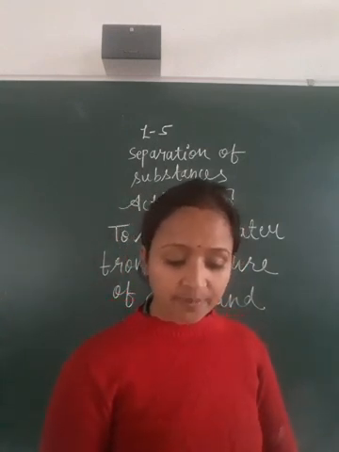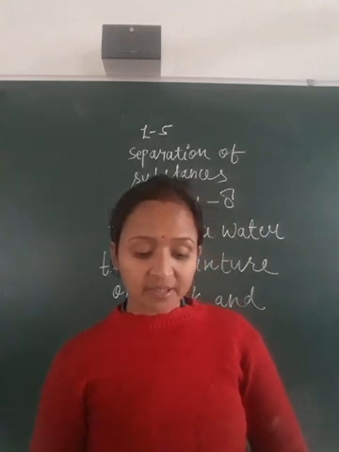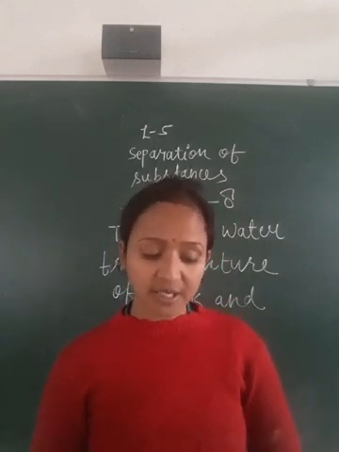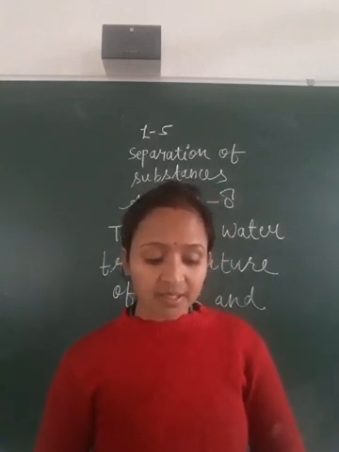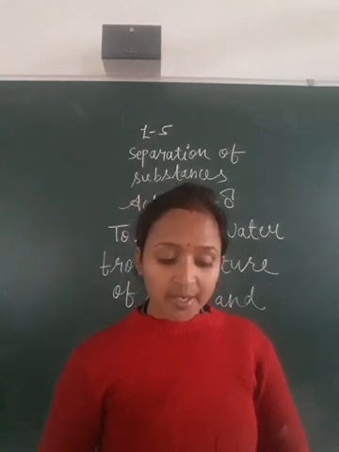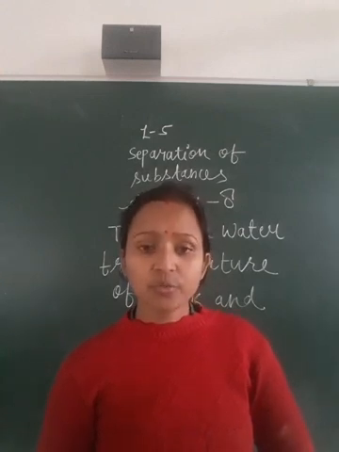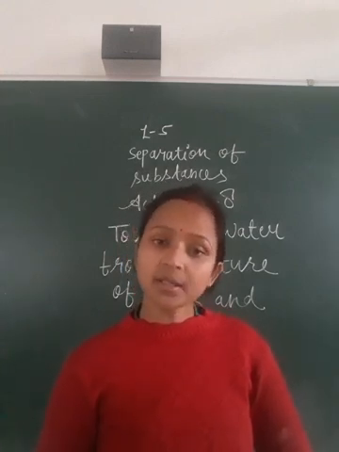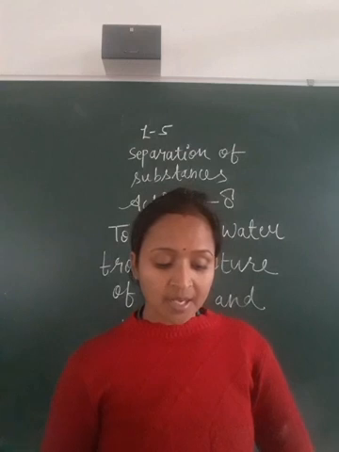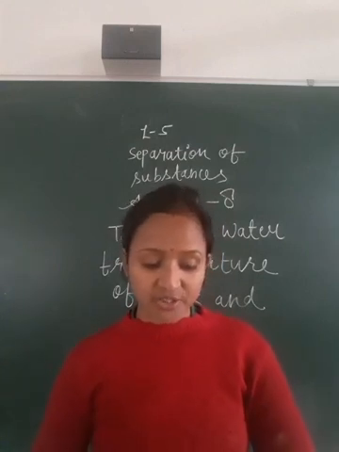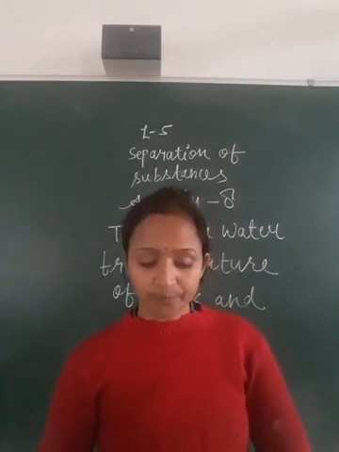Take an iron stand and clamp the funnel containing the filter paper cone in it. The filter paper cone is made by using the steps as shown in figure 5.12a, and place a beaker below the funnel as shown in figure 5.12b. Now pour the mixture slowly on the filter paper using a glass rod, and you will notice clear water collects in the beaker. The clear liquid obtained after filtration is called the filtrate. Solid chalk powder is left on the filter paper and it is called the residue.